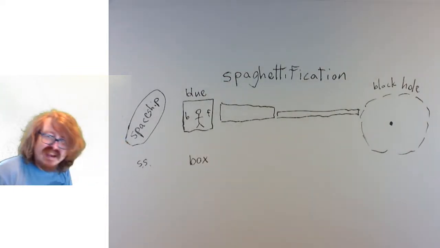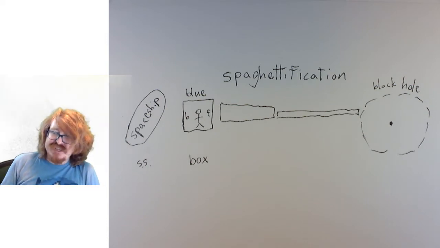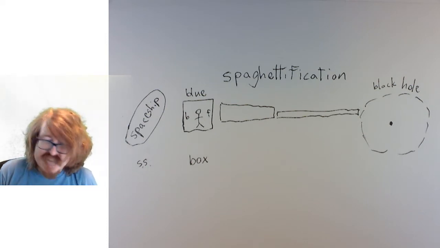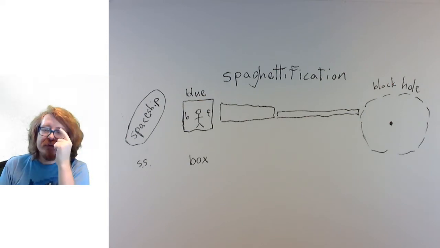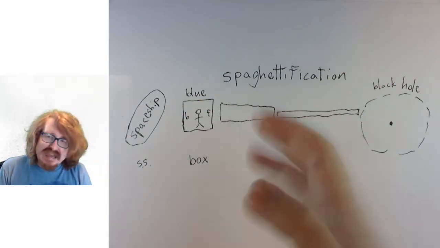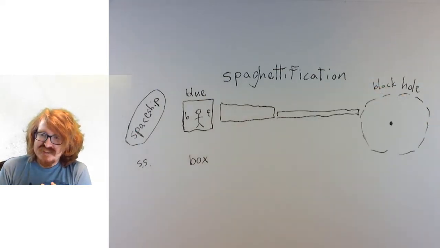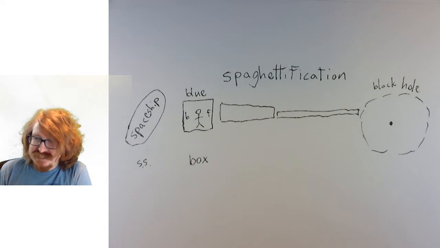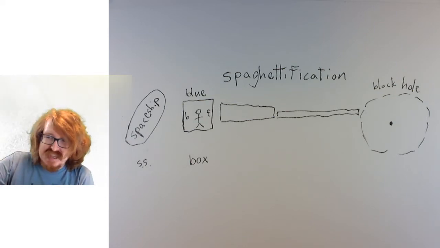Yay! And that is an actual technical term for this. Spaghettification is the extreme tidal effect near a black hole. So if this person died from this, and there was an afterlife or something, if there was like a heaven or something, and he was in heaven and people were asking, hey, how did you die?